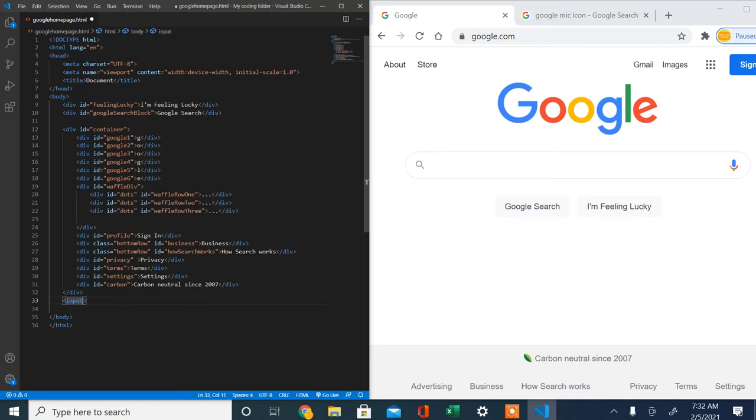My bad. Placeholder equals search Google, or type a URL. ID equals search bar. Oh. Then after that, we have to do